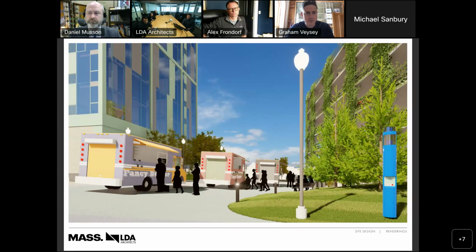This is a picture of the space between the tower and the garage, which will serve as kind of a multi-purpose event space for where we can park food trucks. And just a reminder to everyone, this space also has 2 easements overlaid on top of it. The first easement is for a sanitary sewer easement that goes between the tower and the parking garage for access in the future in case it needs repair. The second easement is for the utility access to the underbridge, for the power company to be able to drive through the site and drive under the bridge to be able to make any repairs to the electrical service system. Next slide, please.